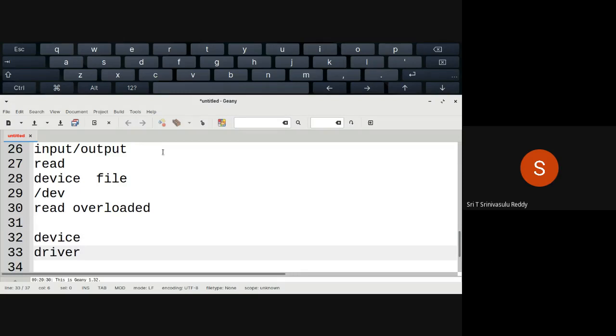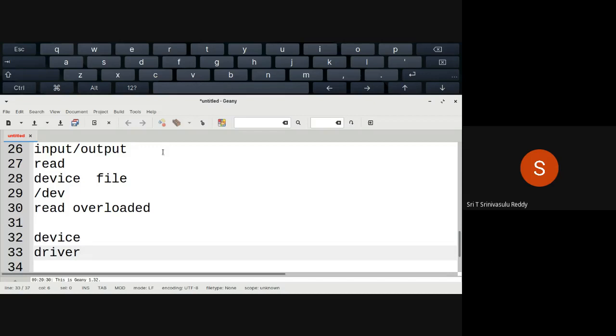It is a two-step process most of the time, because all of you know that your processor, CPU and all that, are built based on something called von Neumann architecture. All your processors are built based on von Neumann architecture.